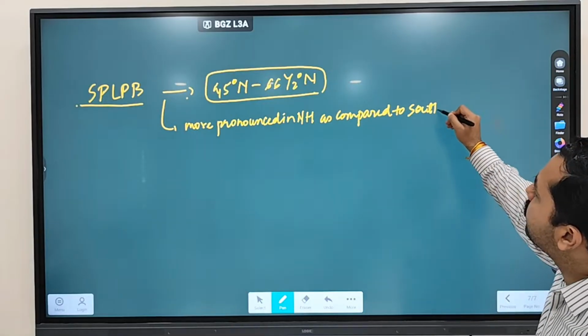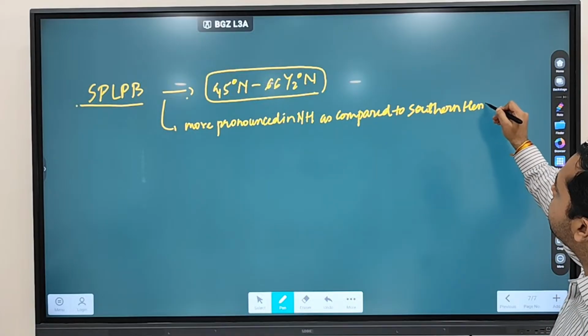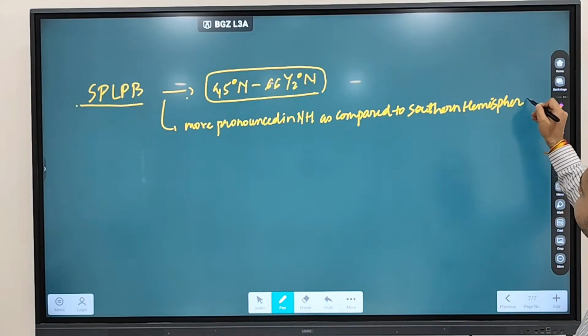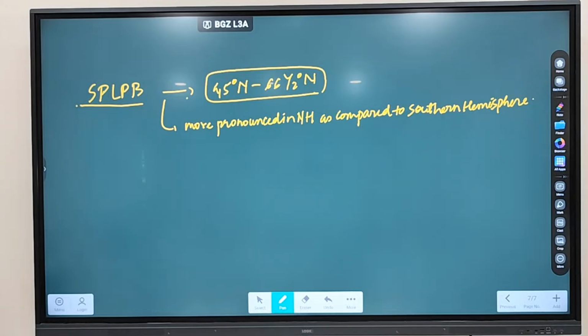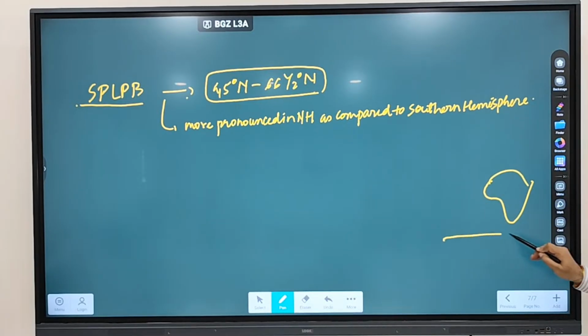So it is more pronounced in northern hemisphere as compared to southern hemisphere. Fine. Why is it more pronounced in northern hemisphere as compared to southern hemisphere? It is because you will see, beyond 40 degree latitude,